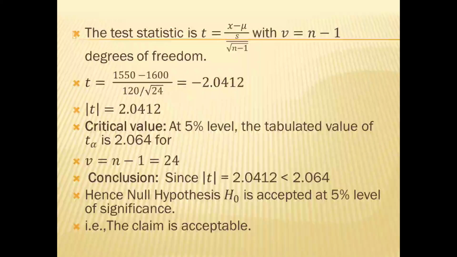Now the conclusion: our calculated value, modulus of t is equal to 2.0412, which is less than our table value 2.064. Then we have to accept H0 at 5% level of significance. That is,